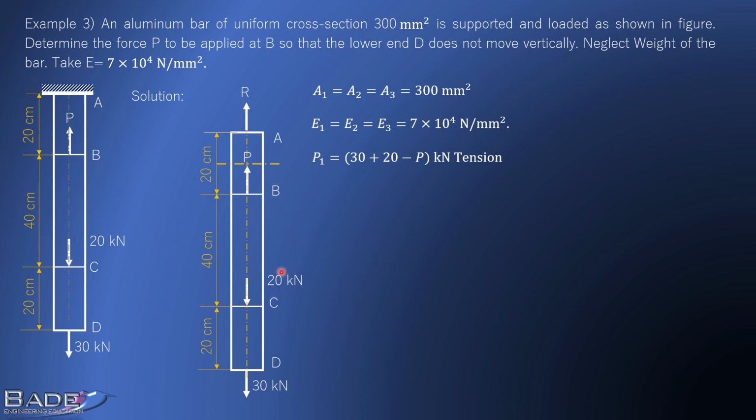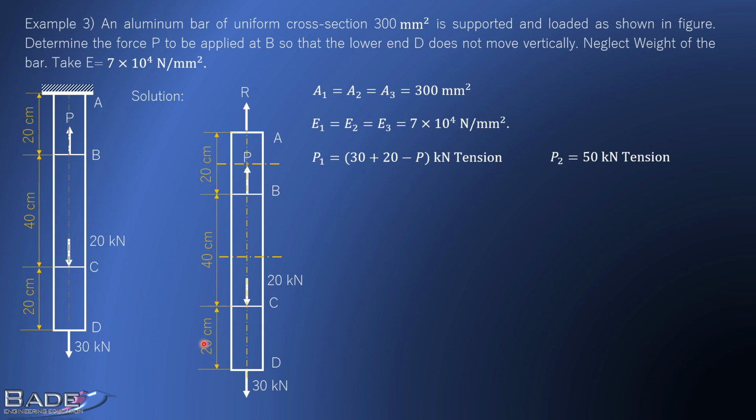Now middle portion. What is force on the middle portion? P2. So take a section in P2 and add forces. We don't want to increase number of unknowns in our calculations. So to find force on this cross section, don't consider upper side. Better consider lower side because all forces on the lower side are known. So force on this cross section P2 is 50 kilonewton tension, 30 pull and 20 pull. So total 50 kilonewton pull.